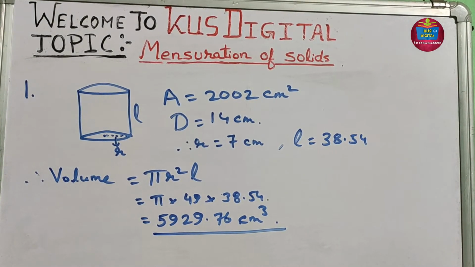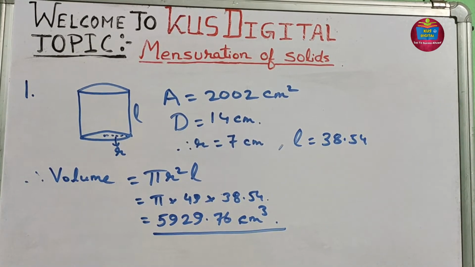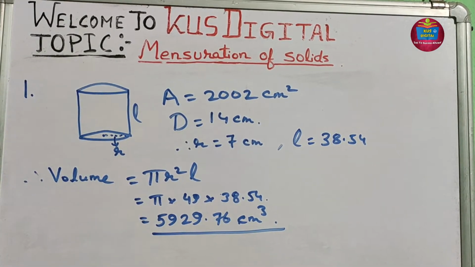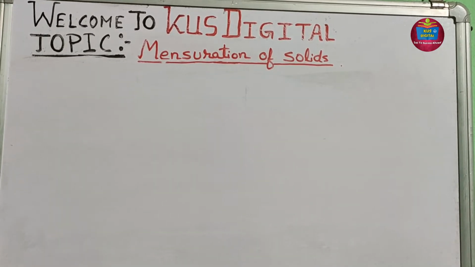So what we basically did is that we have found out the height from that formula of area, and thereafter we put the value of L in the formula of volume, where we already know the radius R. Okay, so first problem has been solved. Now move to the second problem. The second problem is from hollow cylinder, and the outer radius is given as 5 centimeter and inner radius is given as 4 centimeter.